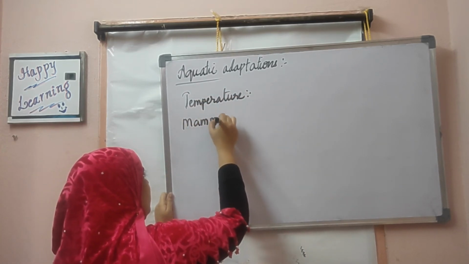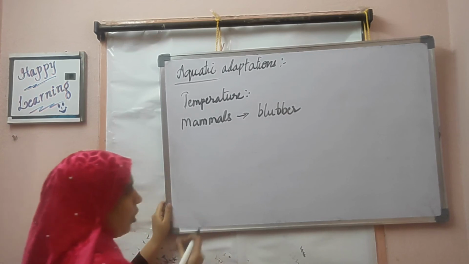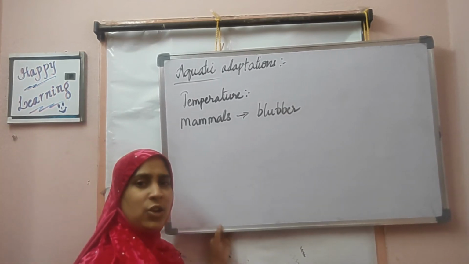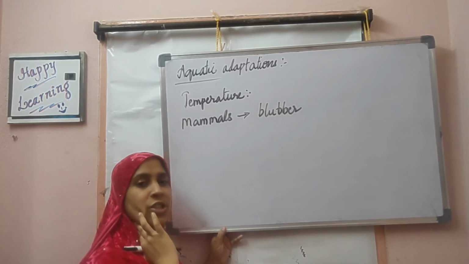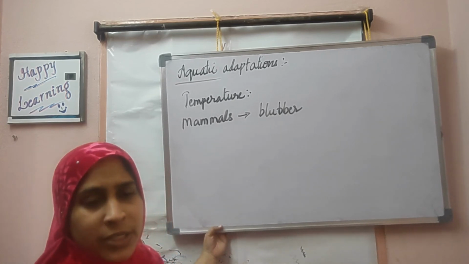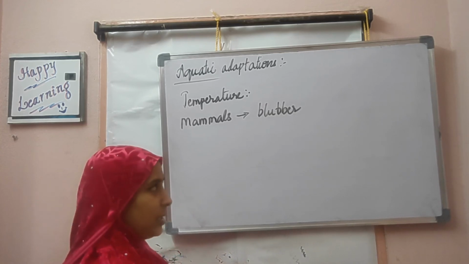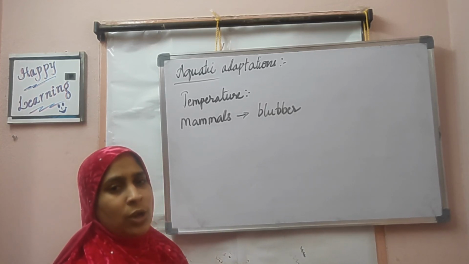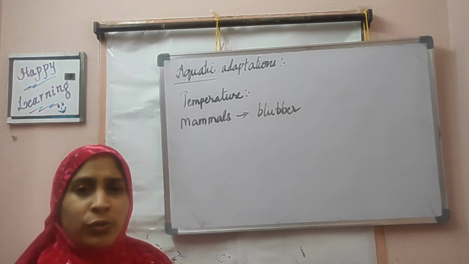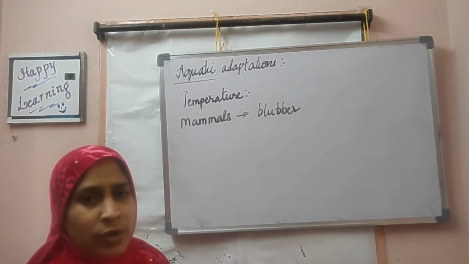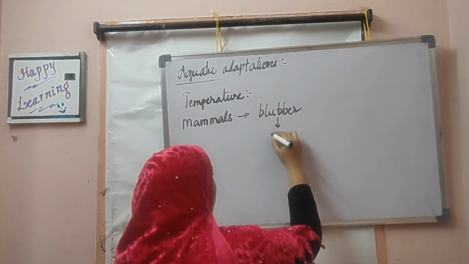Mammals like dolphins and whales have blubber under their skin, a fat layer. Because of the presence of the fat layer, they cannot be affected by the cold temperature. When there is no sunlight in the deep layers, the temperature will be very cold. So that cold temperature will not affect this organism because the skin of these organisms has so much fat below it. Not like our body, which can store only limited fat. This blubber is brown fat that is very warm compared to our fat, which is white fat. So this blubber keeps the body warm.